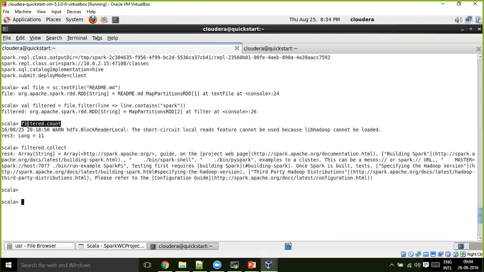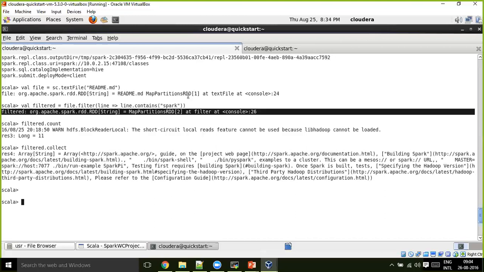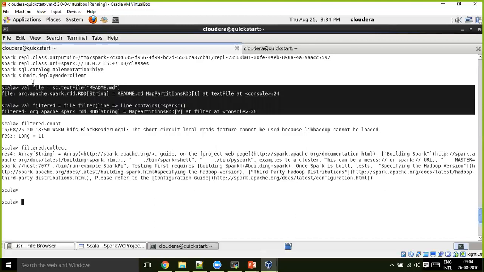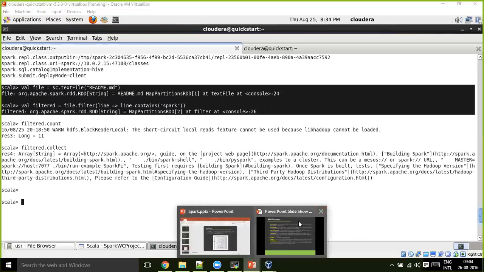So when I run filtered.count, then the data from readme.md gets loaded into file, and from file, the filtering happens into filtered, and then it gives the count. Until then, these are just variables, same like your Pig aliases. This is nothing but lazy evaluation.